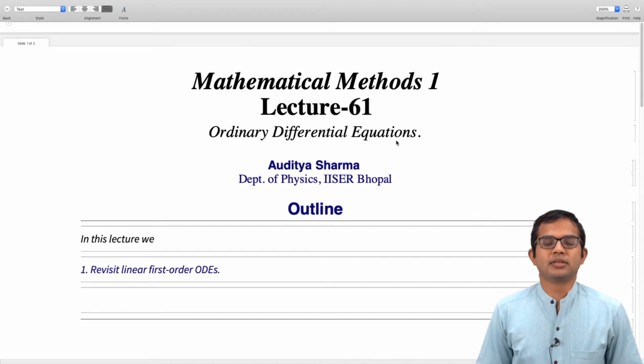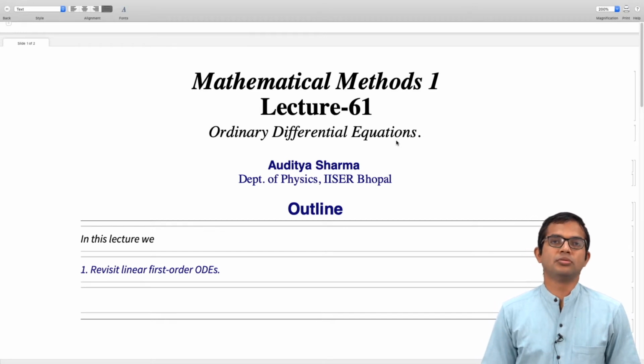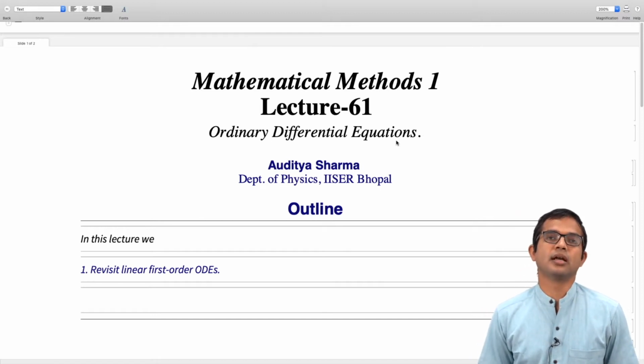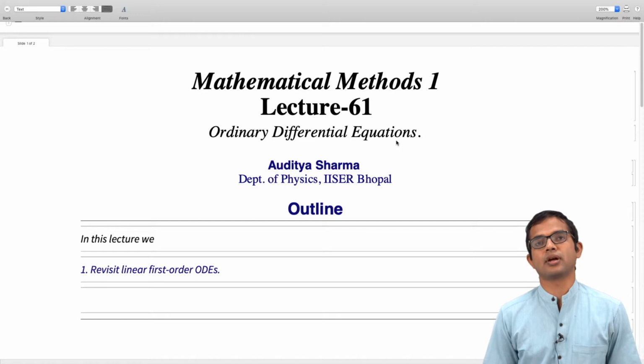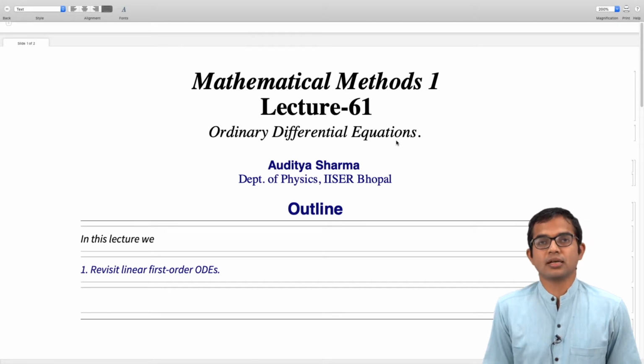Okay, so we have been discussing ordinary differential equations. We have seen the prescription for solving a linear first order differential equation. We also discussed when an equation is exact and the concept of an integrating factor, right? Sometimes an equation is not exact, but it's possible to find a factor such that multiplying this equation throughout with this factor renders it exact, and once it is exact it is easy to solve it, right?